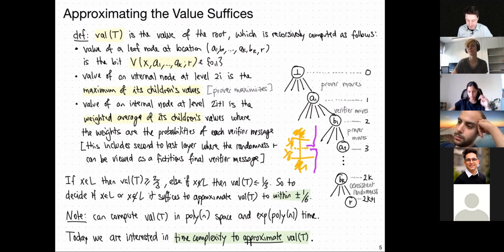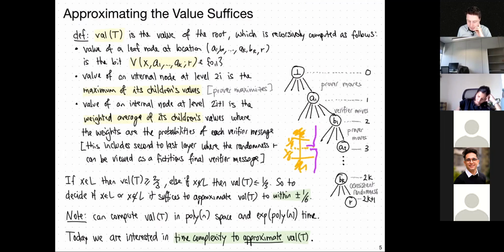I have a question. In the proof for IP belongs to PSPACE, we did a similar thing, but there we were dealing with completeness 1, right? Is it also possible to extend this analysis to completeness 1, or here are we taking it as 2/3? Yeah. So the whole analysis we did